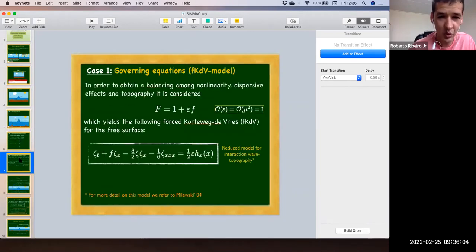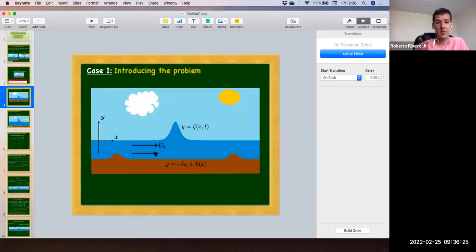Let's go to FKdV. If we don't have a current, basically we don't have trapped waves. That is one way to answer your question. But another way to answer your question is the following. We can imagine that instead of having a current, this topography is traveling with this speed here.